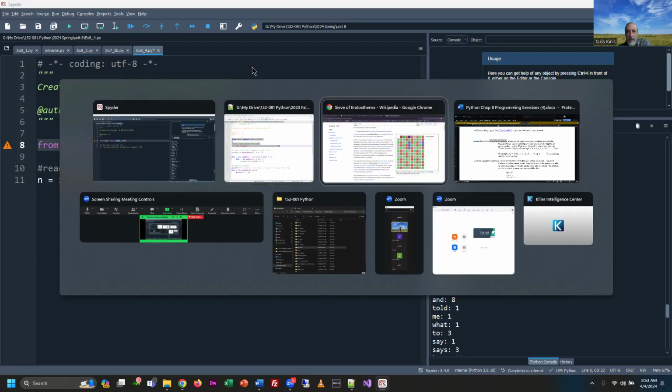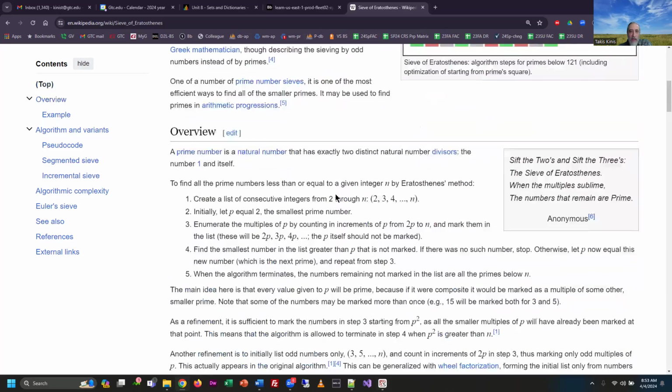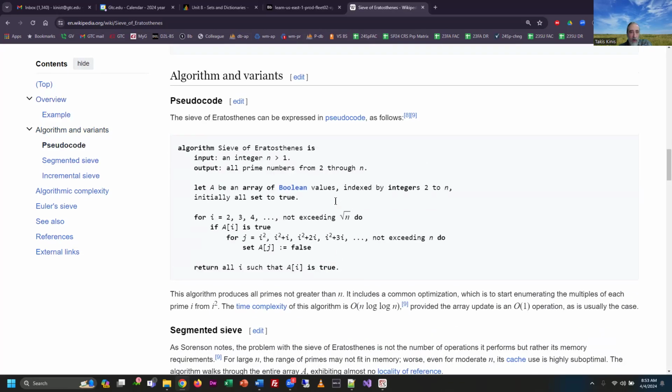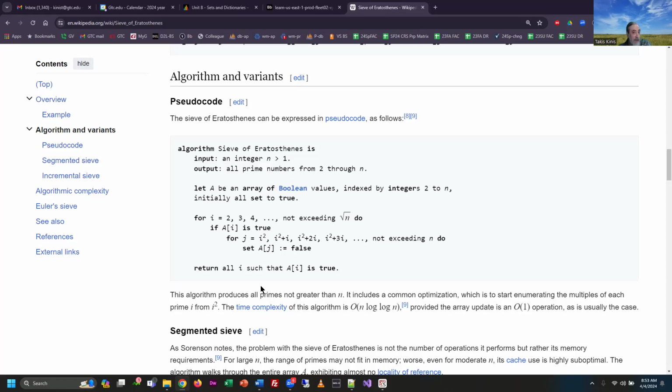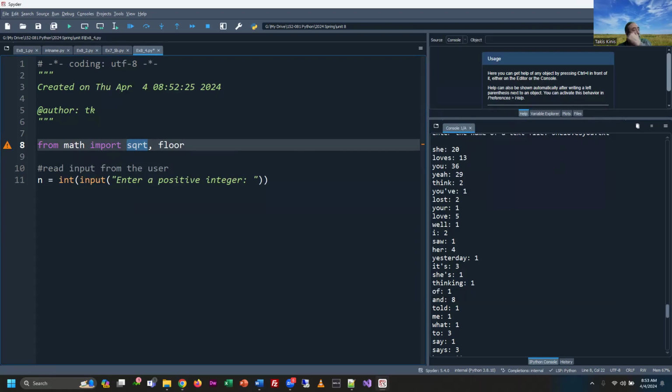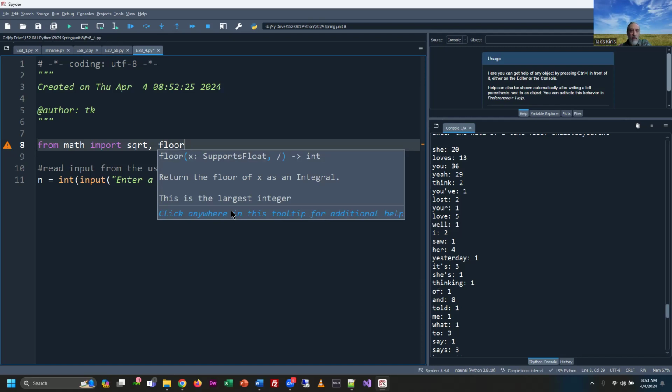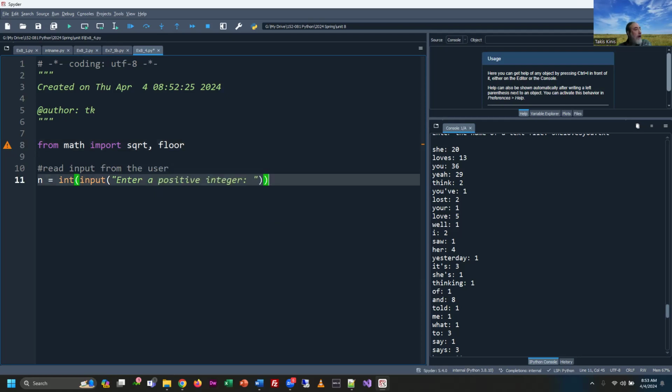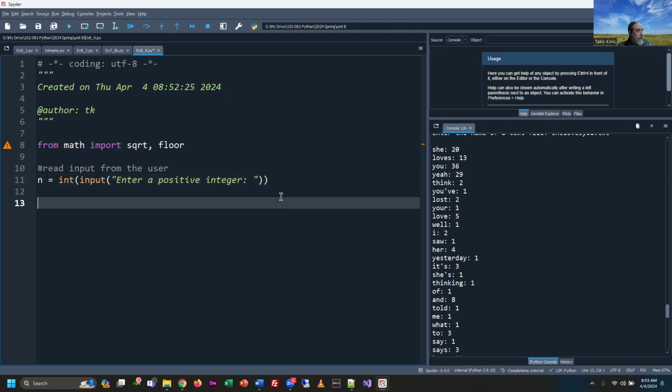If you go back to that Wikipedia article, by the way, and scroll down, they show you the whole mathematical proof on it, how it works, and they even give you the algorithm in the form of pseudocode. But they do use square roots. And yeah, all right. So that's enough to put a lot of people into a panic for sure. We're also using this thing called floor, which allows us, when we're doing square root, to round down, basically. So we're going to prompt the user for a positive integer, and we'll use 120 because otherwise it'll take a long time to process. And then we will start with